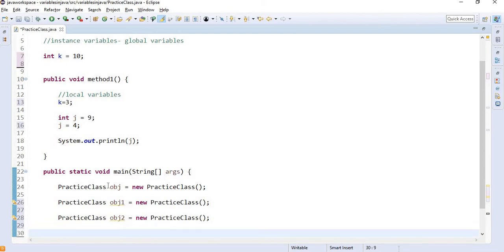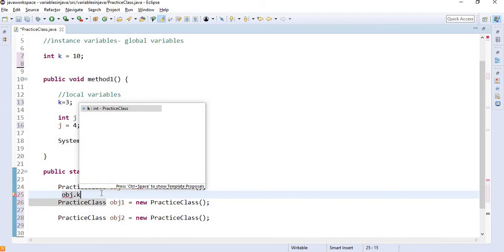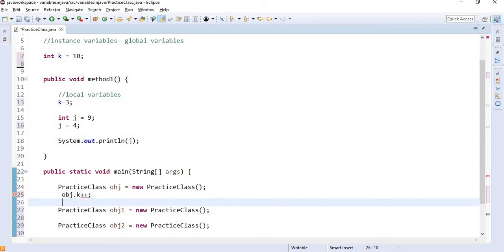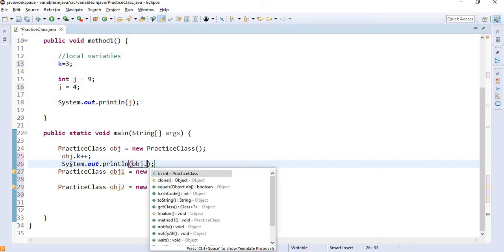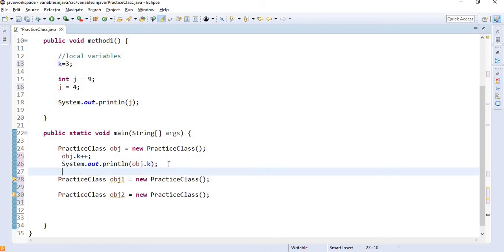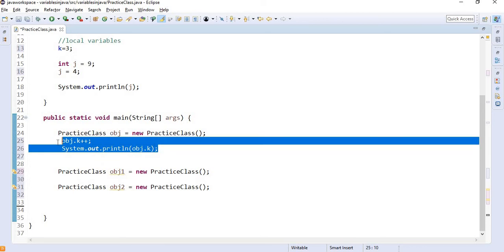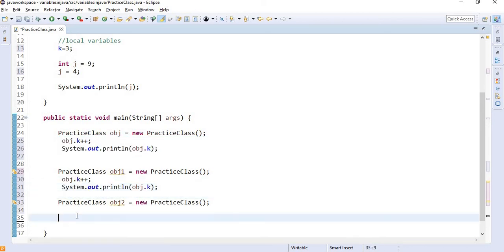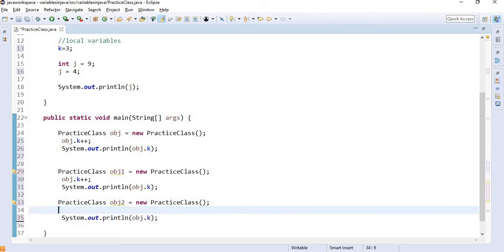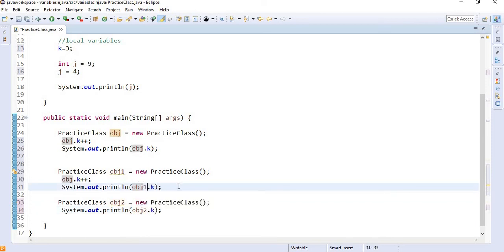See, if I say obj dot k plus plus, and then print the value of obj dot k. And then I do the same thing with obj1 also, but I am not doing the same thing with obj2. I am simply saying print obj2 dot k and obj1 dot k.